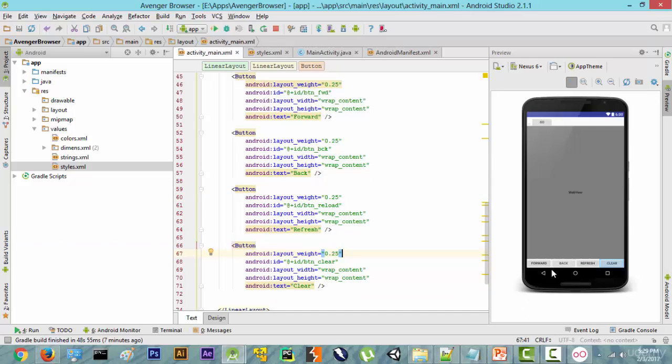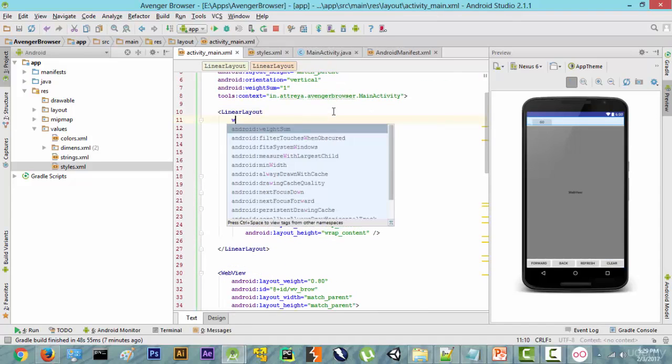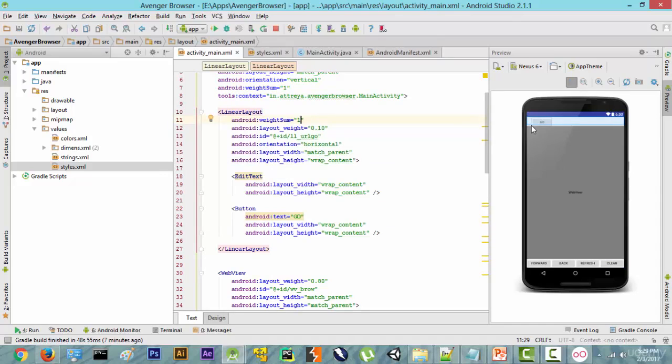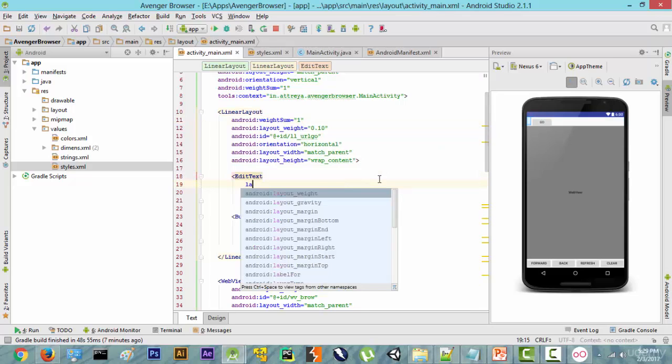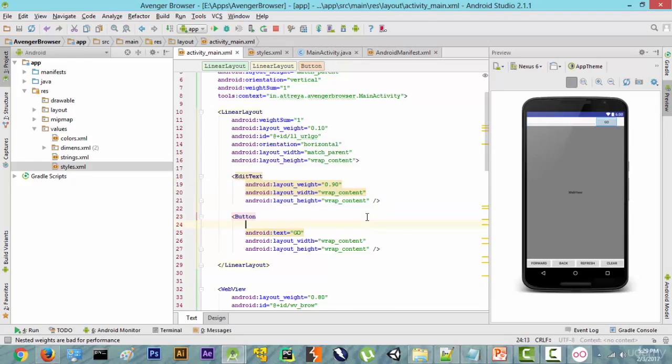So now as you can see, these 4 buttons occupy an equal amount of space, and they look a lot cleaner than they used to. Now let's go back to this area and also give it a weight sum of 1 pizza, and then in this 1 pizza we want the edit text to occupy most of the part and the go button to occupy less of the part. So we are going to put a layout weight of 0.80, which will increase the size, and as you can see there is some space left, so maybe we can do 0.90. Yeah, this looks good. And here layout weight as 0.10,